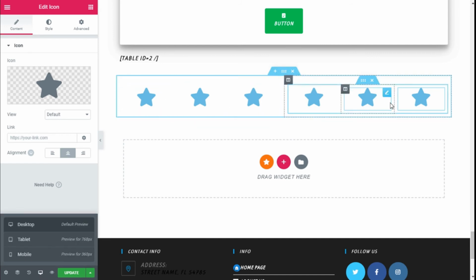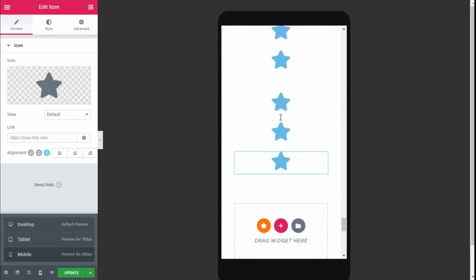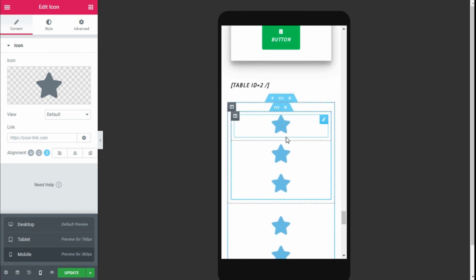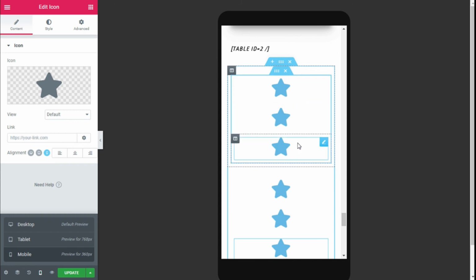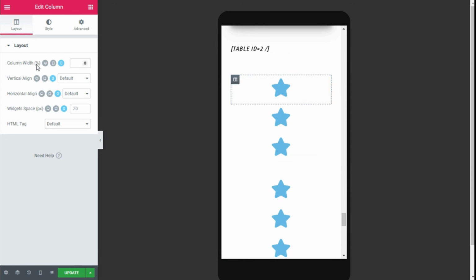And now we are going to see these columns within the columns in the mobile version. And as you can see, they have a line vertically, because this column had a full width. So on the column width,